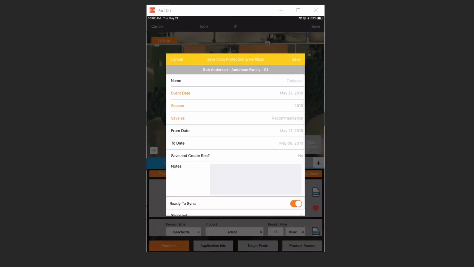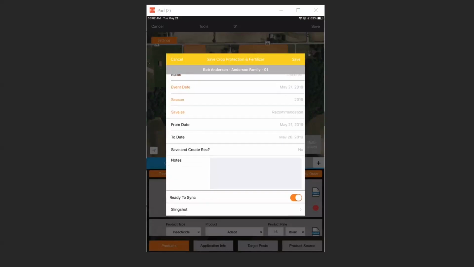And that's going to save that now as an actual recommendation, you'll notice, to be sent out to the farmer, to the person that's actually going to do the spreading, the spraying. And again, you can add in up to 4,000 characters of notes. And if you're using Raven Slingshot, you can Slingshot this out. You would have to have the product code in order to do that, but you could wirelessly